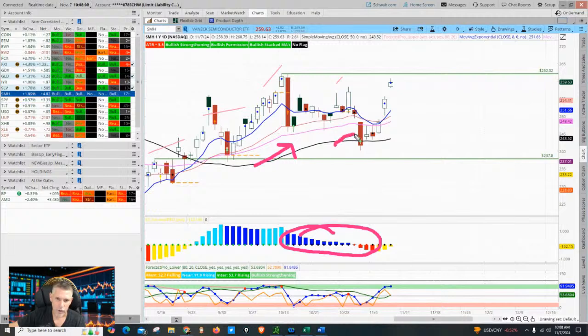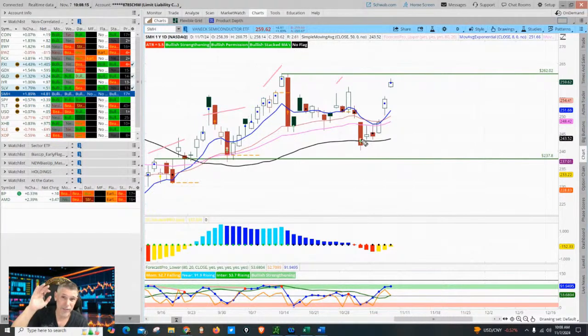Right here, look at this candle. For anybody trading the squeeze the way John Carter and everybody out there is teaching it, you're going to hear the concept called the buy zone. That's even how I was doing it in the early days. You buy when it's in the buy zone. Well, here you go. You bought in the buy zone. Your stop loss is below the 34. What happened? It went down and stopped you out. Everybody following that set of rules got stopped out because your stop is below the 34.